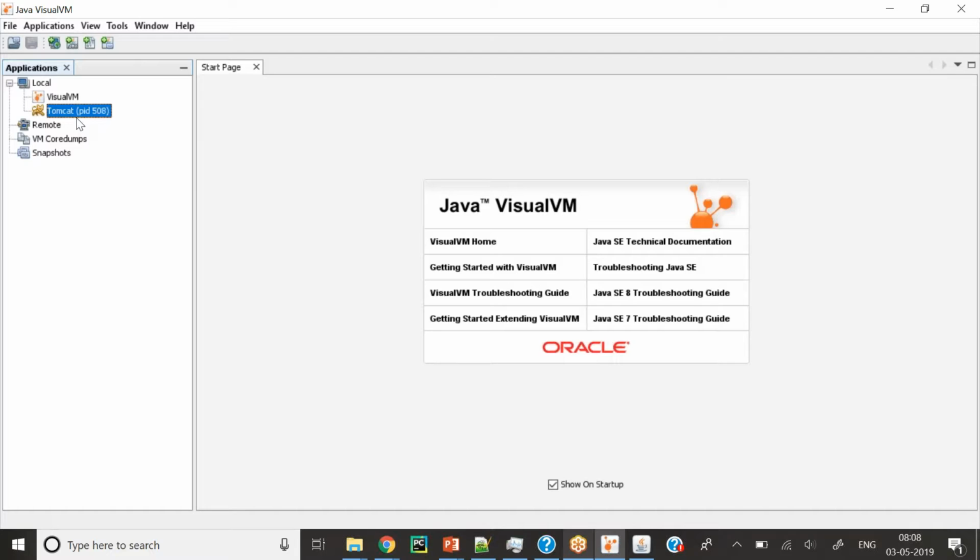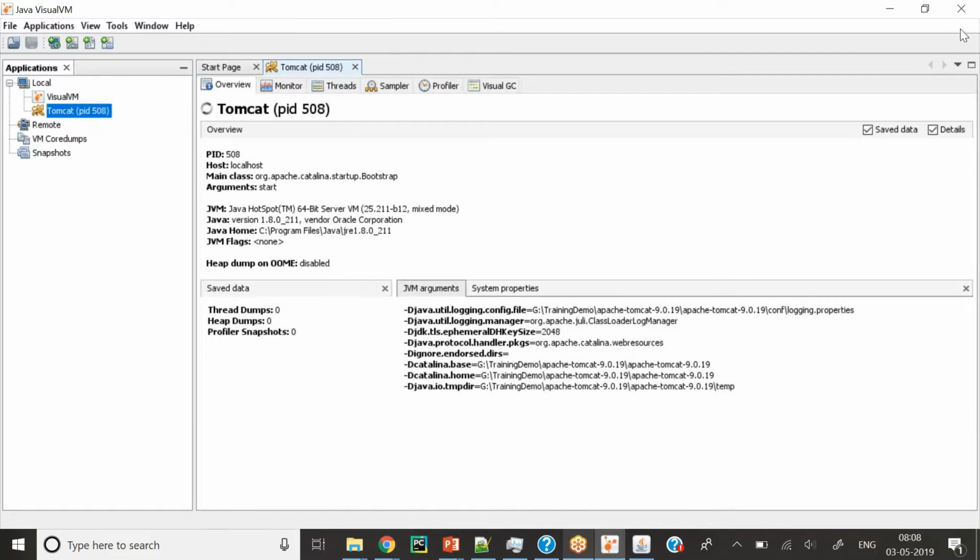Now what I want you to do is double click on this. Once you double click, you see this JVM is open. Under this Overview tab, you will see every piece of information: what JVM it is running, HotSpot, what the Java version is, what the home directory of Java is, and what the JVM flags are.